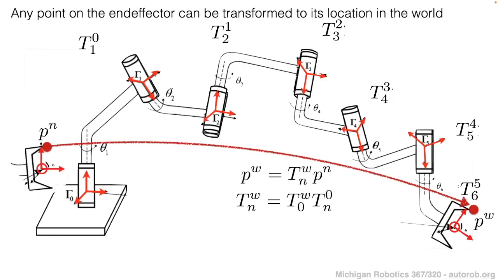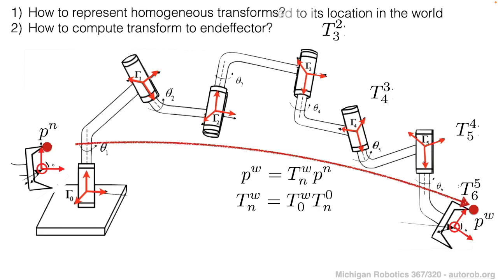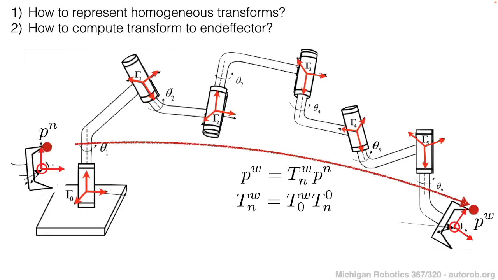And so once we've computed this transformation, we can then apply it to any point within the end effector's frame of reference to actually know where that point exists within the 3D workspace. And so the calculation that we're going to be using is based on these matrix transformations that are applied as a matrix multiplication. And so 2 questions then that we're going to have to answer is first, how do